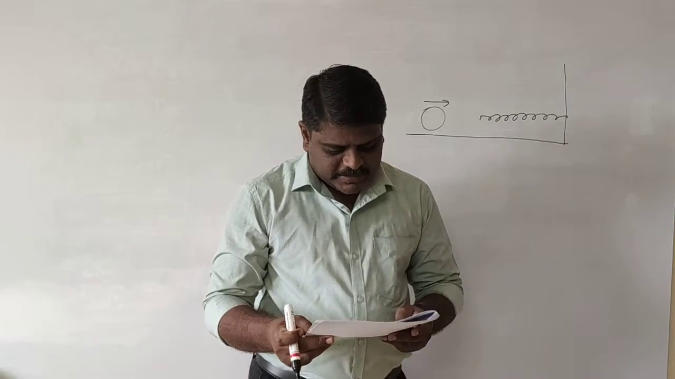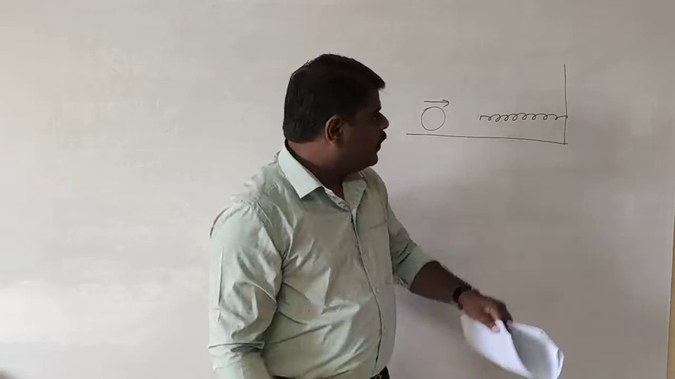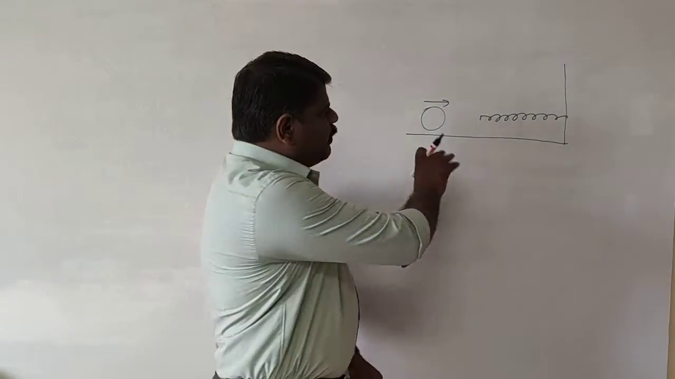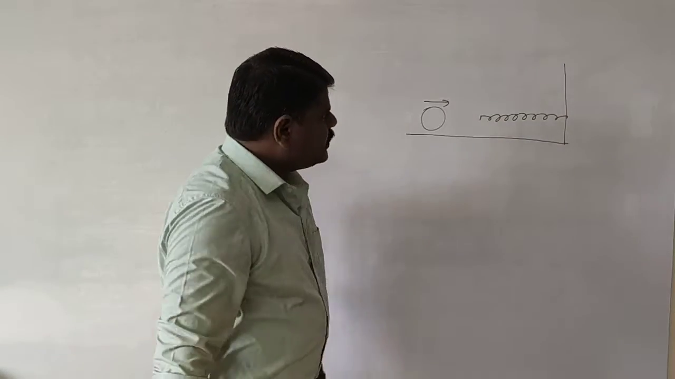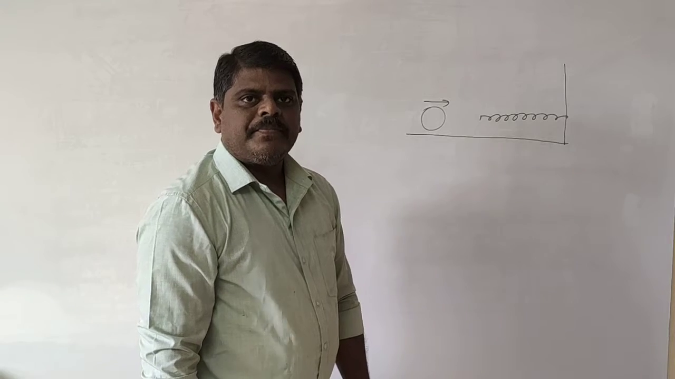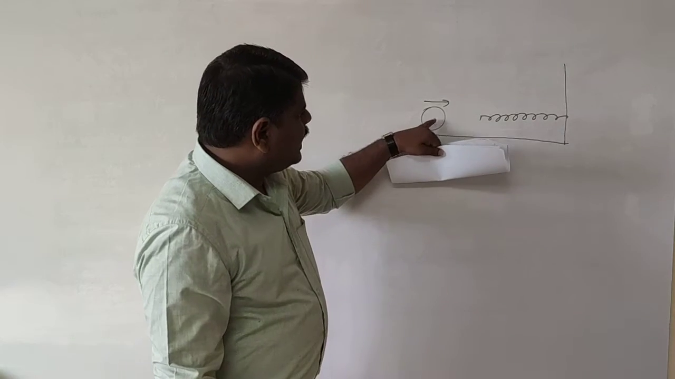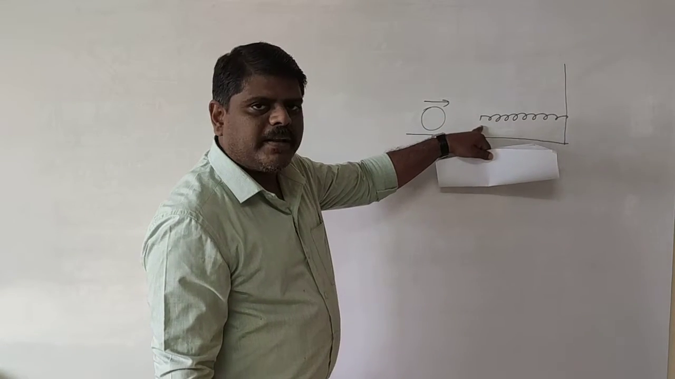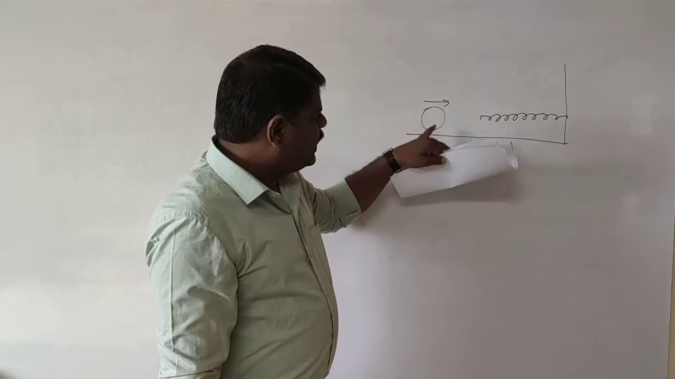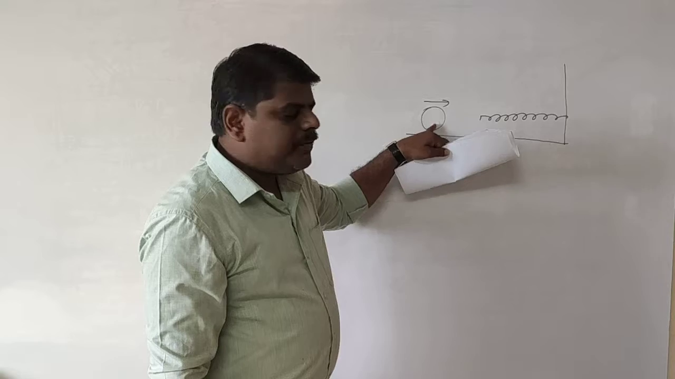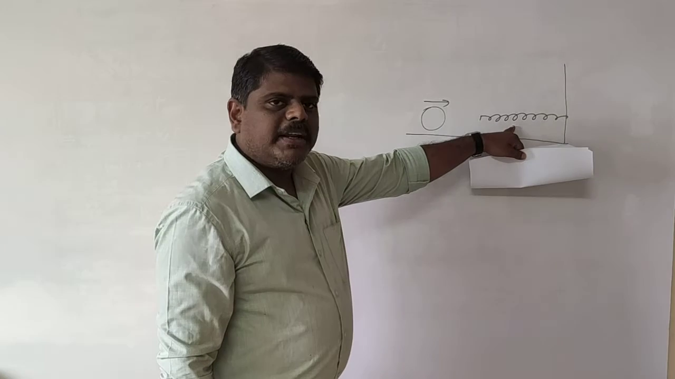And the problem is asking what is the compression produced inside the spring, because when the ball hits the spring, definitely the spring is going to be compressed. So in this one we are going to use the conservation of energy. Conservation of energy means with whatever kinetic energy the ball hits the spring, that much potential energy is going to be produced inside the spring. So the kinetic energy of the ball is half mv square, and the potential energy stored in the spring